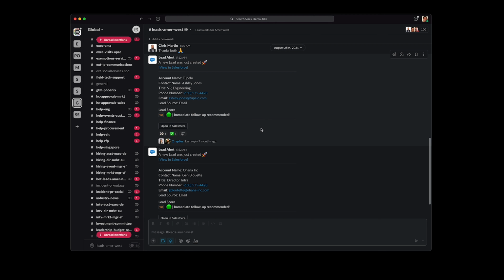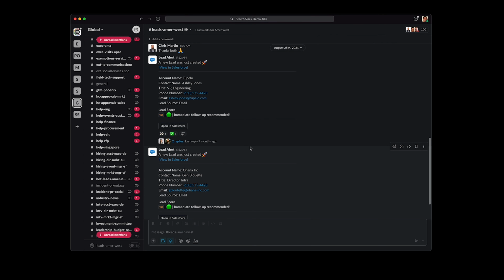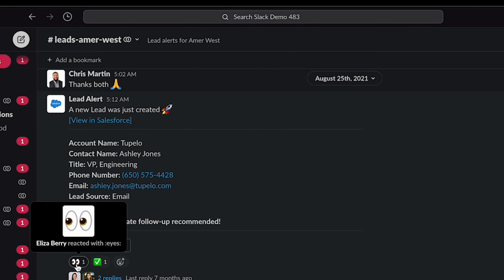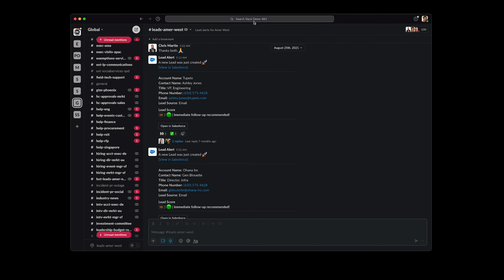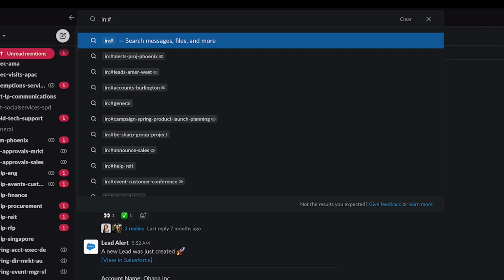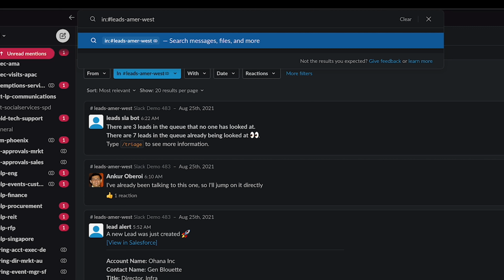Okay, so you might already know that you can react to messages, and that's adding these little emojis here. But did you also know that you can use them in your search index? A really common pattern you see in Slack channels, particularly ones at Slack the company, is when someone's looking at a message, it has this eyes emoji, and when they've taken the action, it's got this white check mark. So maybe you want to look in a channel to find all of the things that are being looked at but haven't yet been actioned. The way you do that is you'd say in channel name. So this is Leeds Amir West. And then you would say has